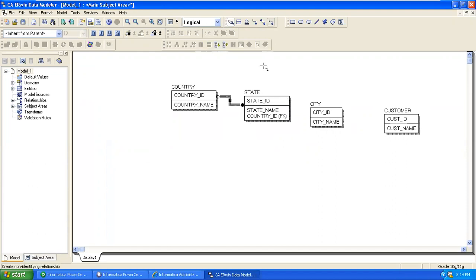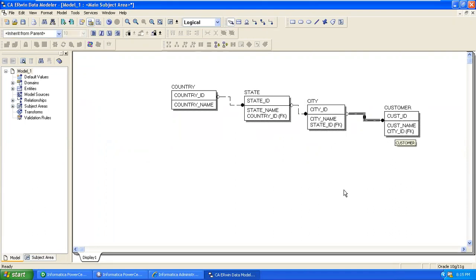Okay. These are called as balanced hierarchies. If you define the hierarchies like this, relations like this, these are called as balanced hierarchies. So first of all, place the cursor on parent table. Next, place the cursor on child table. Then relationship is established like this. These kind of relations are called as balanced hierarchies. With non-identifying relationship only, we can get balanced hierarchies. With identifying relationship, we can get unbalanced hierarchies.